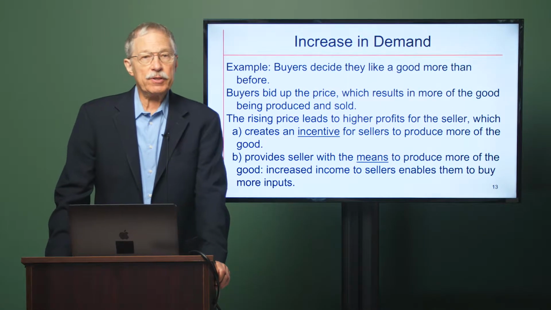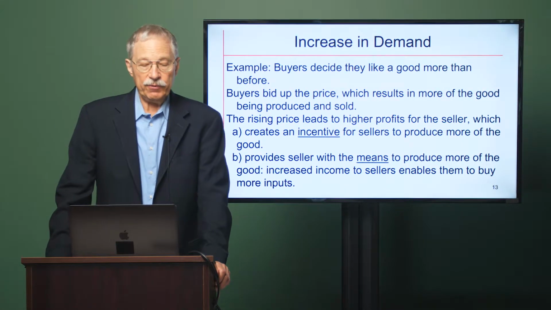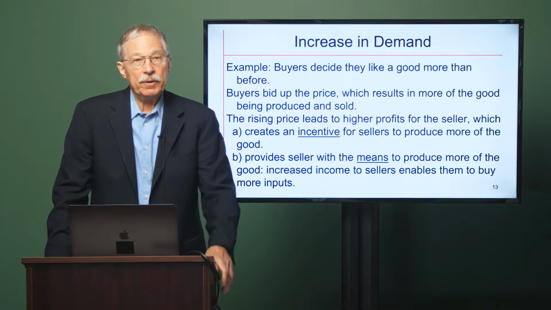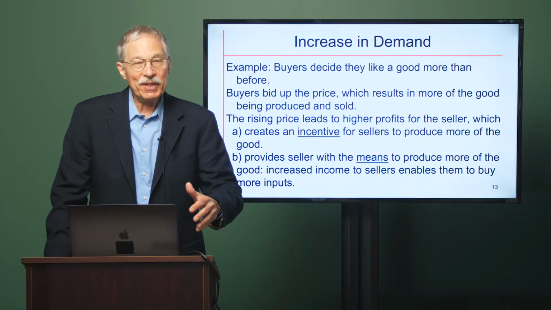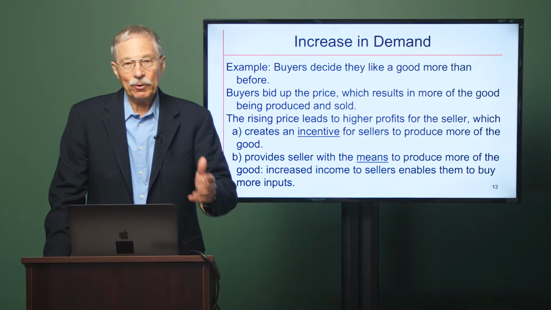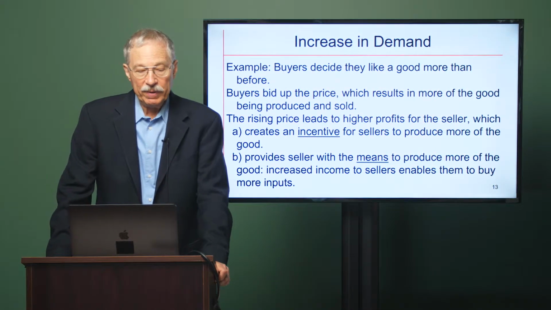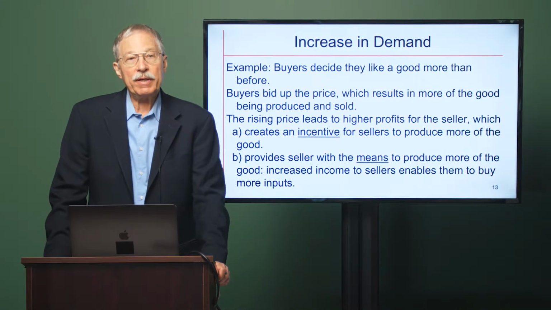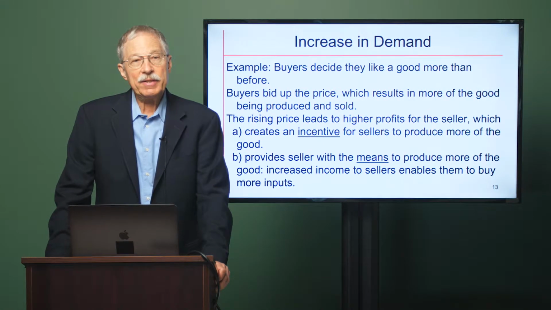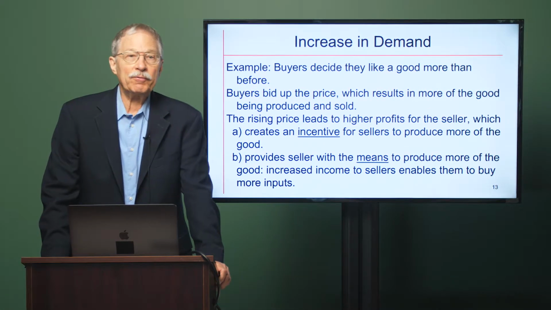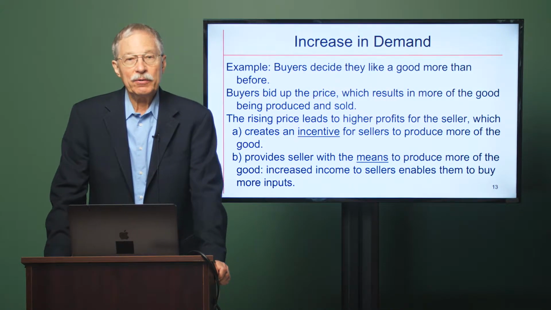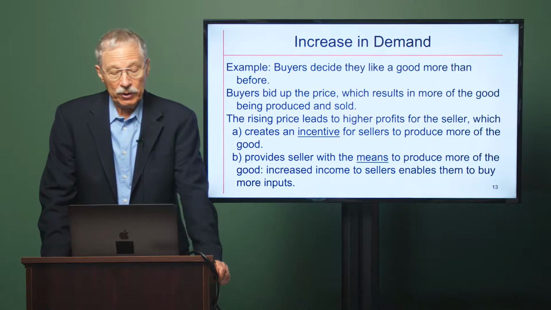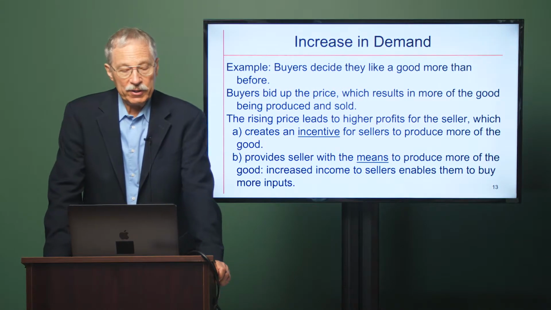For example, suppose there's an increase in the demand for fish. Then people trying to buy it will bid up the price. They want more of it than is available, and the seller will be able to raise the price over time. The rising price will result in more of the good being produced over time, as the fish market will order more fish from the suppliers, and more fisher people will have jobs catching fish, or fish farmers will be able to sell more fish that they farm.